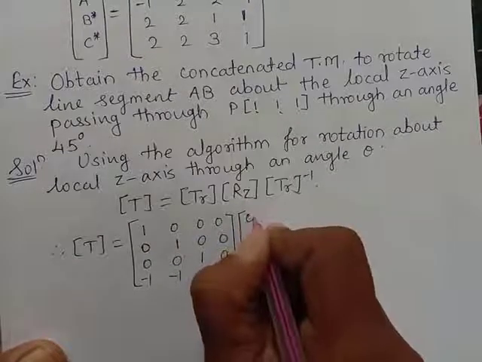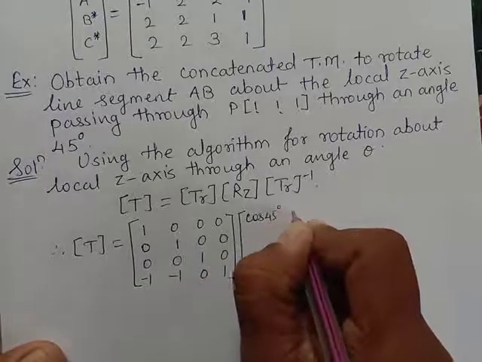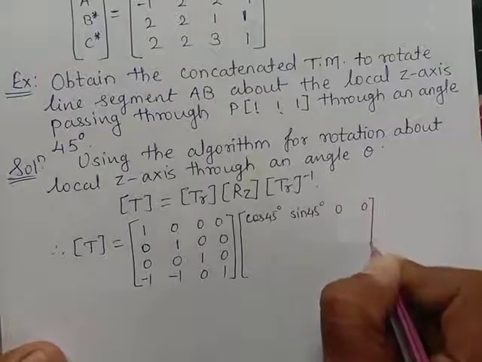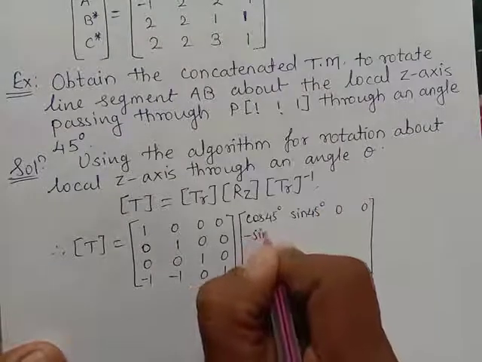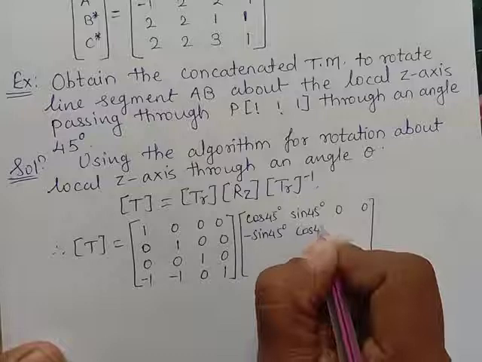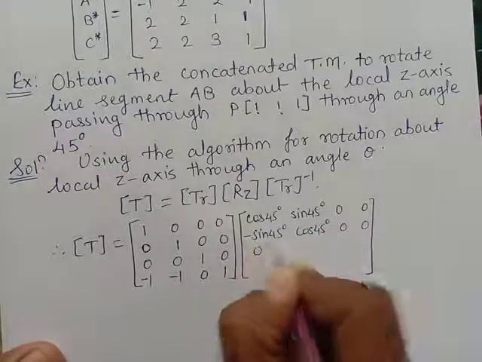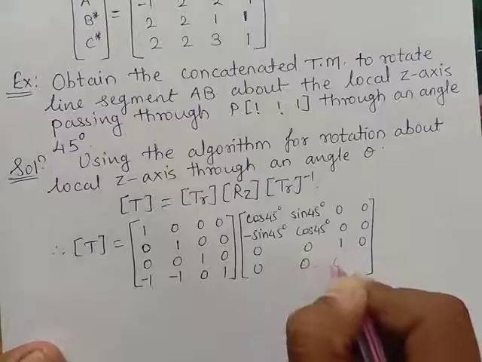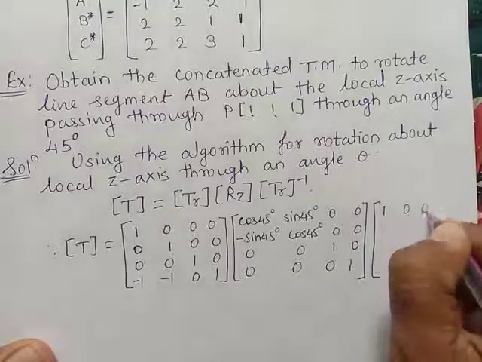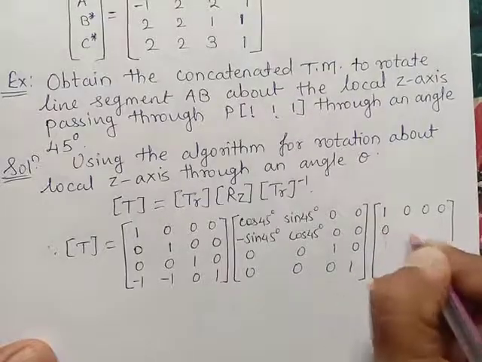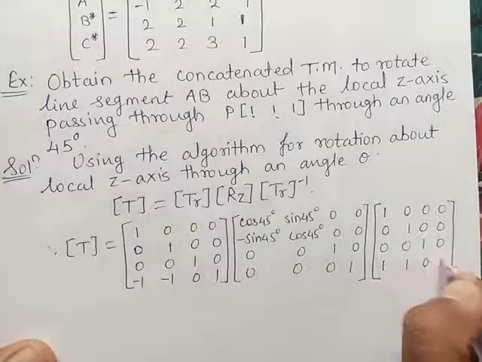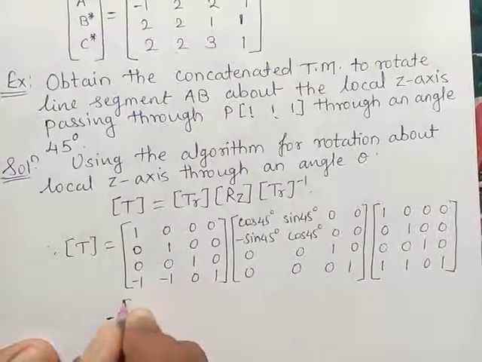Into this is cos of 45 degree, sine of 45 degree, 0 0, minus sine 45, cos 45, 0 0 0 0 1 0 0 0 0 1 into inverse translation. It is 1 0 0 0, 0 1 0 0, 0 0 1 0, 1 1 0 1. So here we get, it will be